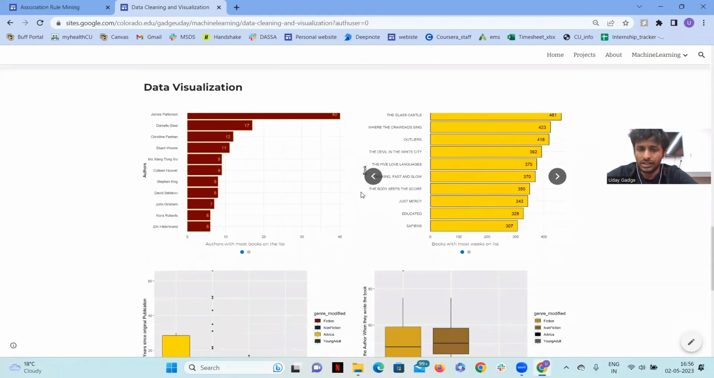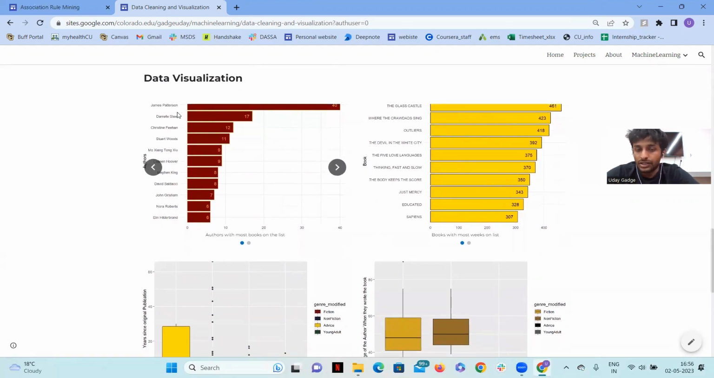Then it did a little data visualization on New York Times bestsellers to find out which authors have been the bestsellers in recent times and the books that were the best selling in recent times. And it's pretty evident from here that James Patterson, Danielle Steele, Christine Feehan, they have been the best selling authors in recent times. And when it came to books, it was The Glass Castle, Where the Crawdads Sing, Outliers, and